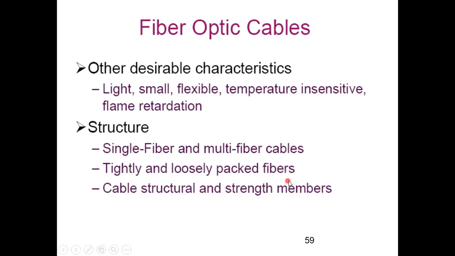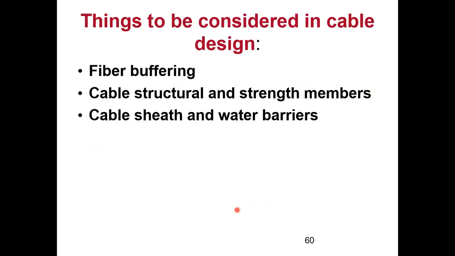Now the fibers, there is a bunch of many fibers. Whether I want tightly packed fibers or I want loosely packed fibers. Next lecture we will see the challenges if I pack the fibers tight and if I pack the fibers loose. Both will have their advantages and disadvantages, and we might go for a third solution. Then we will see what are the cable structural and the strengthening members. Just putting a cable jacket outside, just putting a hollow tube, will not give protection. There are some strengthening members, some fibers are there, some rods are introduced. So many things are there to offer the protection.